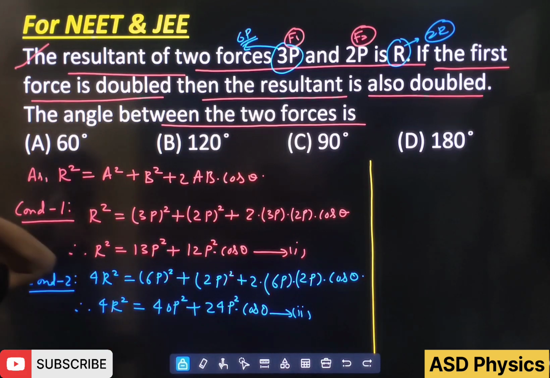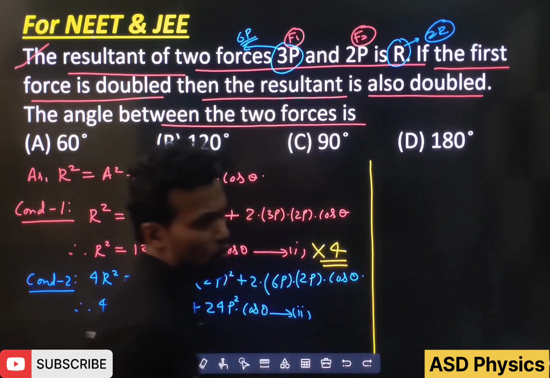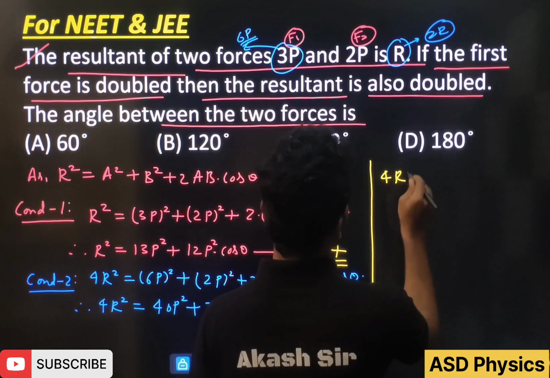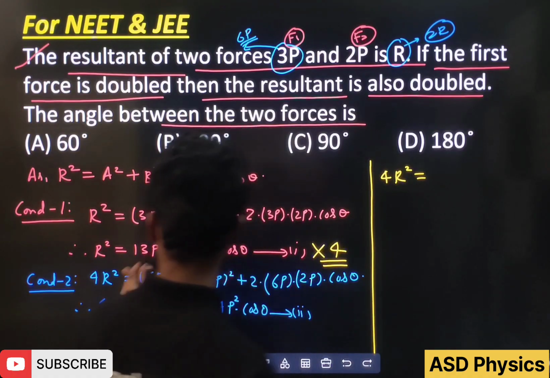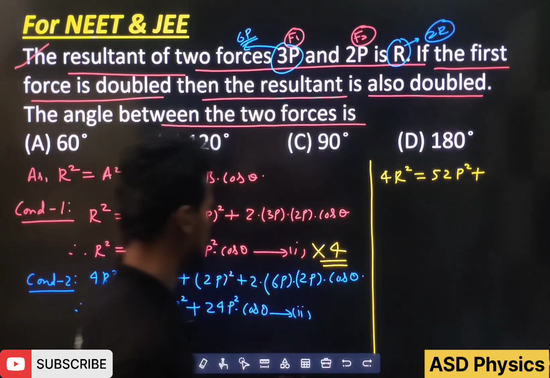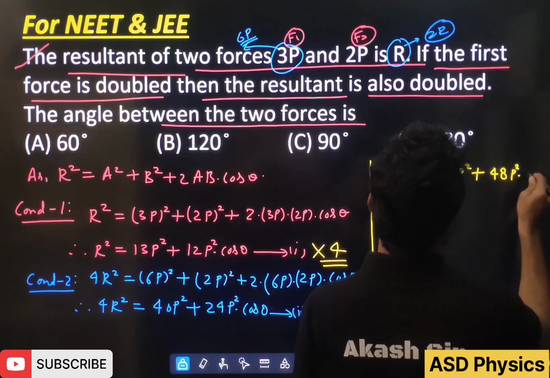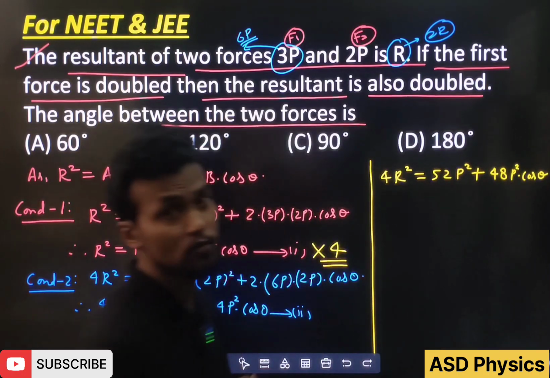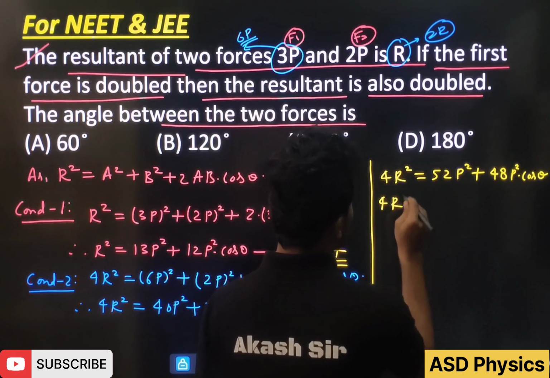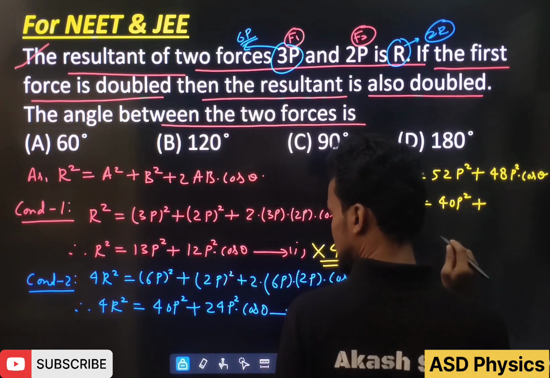Here R square is there in both, so we can eliminate it. I am just going to multiply equation 1 with 4 to eliminate the R square. So when I multiply with 4, in equation 1, 4R square equals 13 into 4, 52P square, plus 4 into 12, 48P square cos theta. Now this we have got from equation 1 multiplied with 4. Then again we write equation 2, 4R square equals 40P square plus